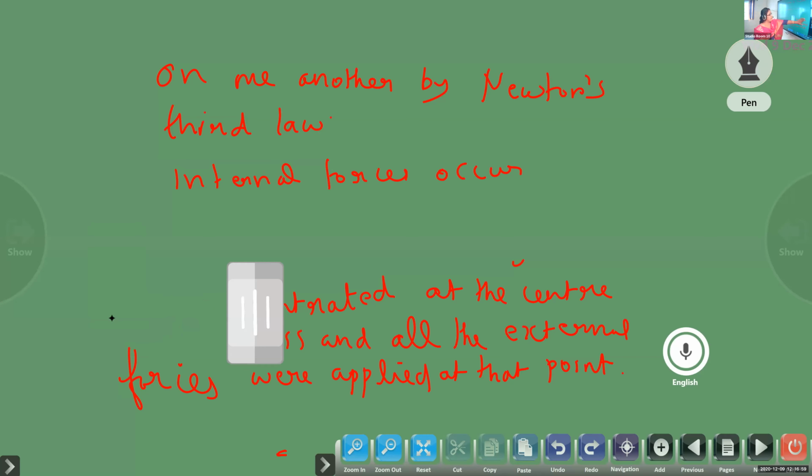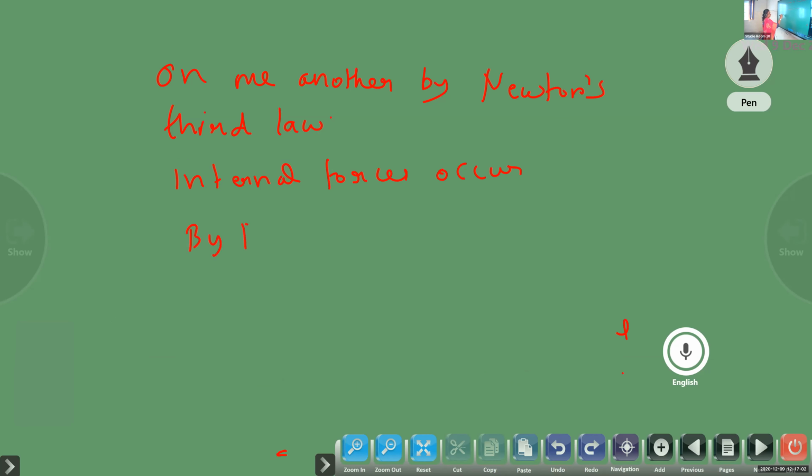Okay. Therefore, by Newton's second law, what is the equation for force, children? By Newton's second law, the external unbalanced force is equal to what? Anyone remember? Atul, Dia, anyone can tell me? Yes, correct. Mass into acceleration. So by Newton's second law, F is equal to mass into acceleration.